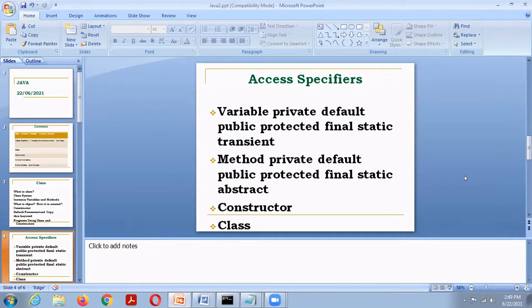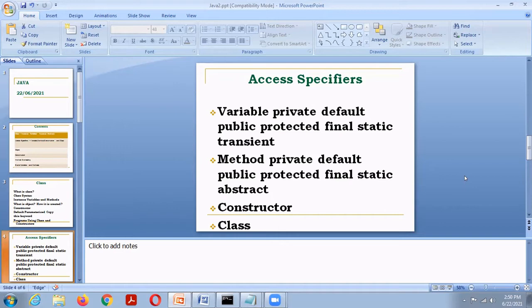The variable modifiers are private, public, protected, and default. In C++, default means private. But in Java, default has its own access mechanism.